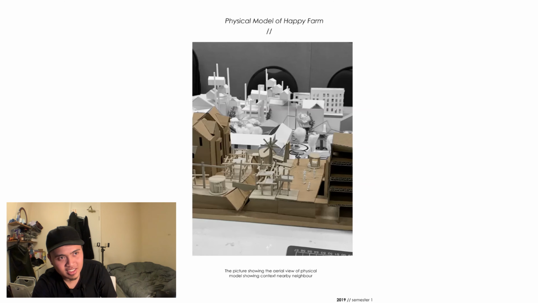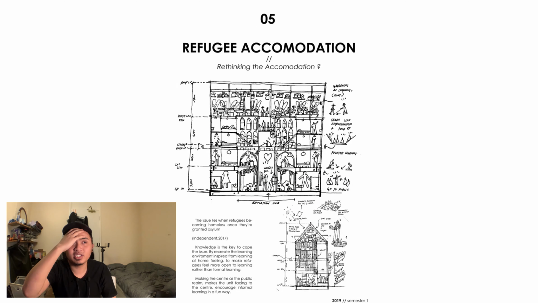Okay, the third is the refugee accommodation. With this refugee accommodation, I've been thinking about how to solve the issue. The issue is that refugees find it hard to cope with the environment. So I'm designing a space where they can learn English, like a community hub, and on top is accommodation. And then this is the sketch idea of